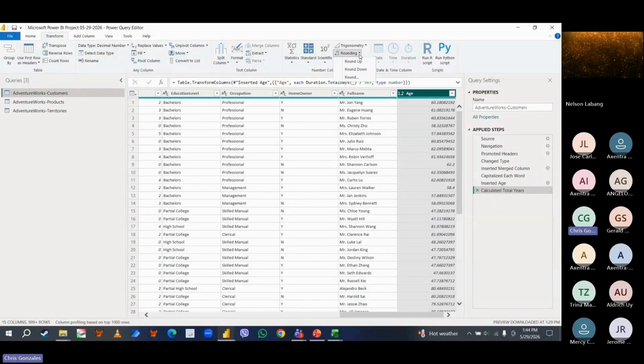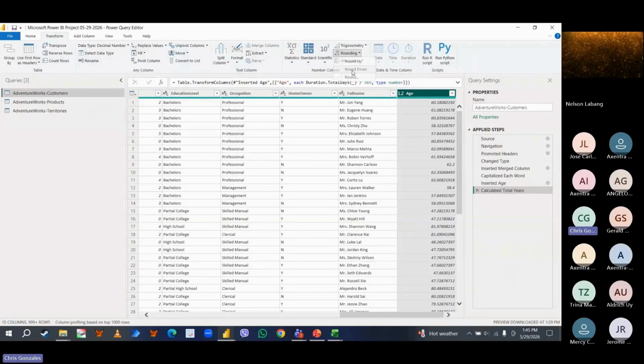Everything in Power Query is graphical user interface. You can just simply click or check if a command button is present and then just select. Well, the challenge is familiarity. Of course, you have to take notes of when to click, where to click and when to click a certain button. Okay, so let me show you and click round down.